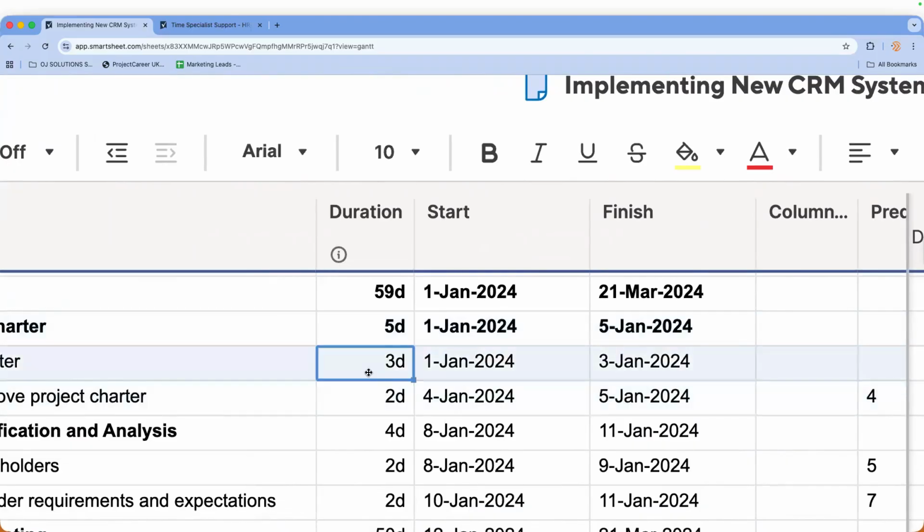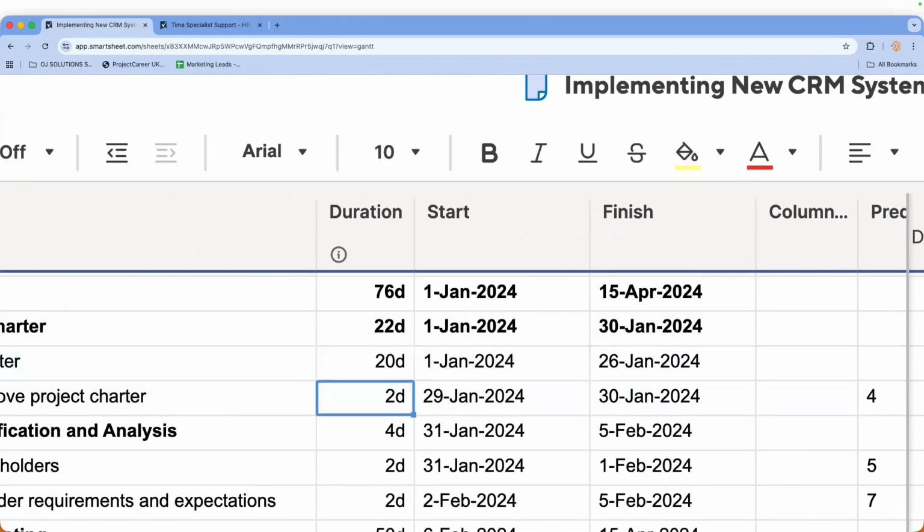Okay. If I was to say, you know what, that's not 3 days, that's actually 20 days. What's happened? Aside from expanding, what has happened here? The finishing will change. And what else will change? Exactly. The phase length will change. And if it also impacts the overall timeline of the project, it changes that too. So if you pay attention, remember it was at 3. So I'll take it back to 3.